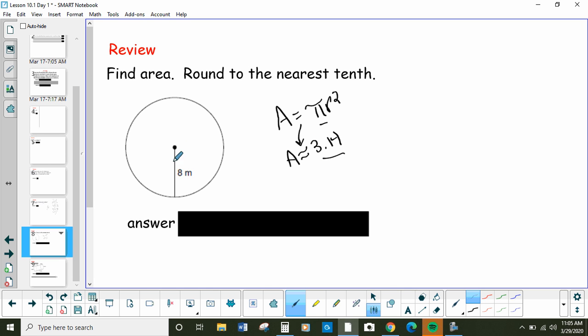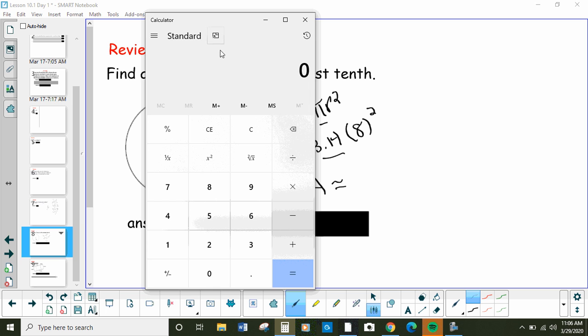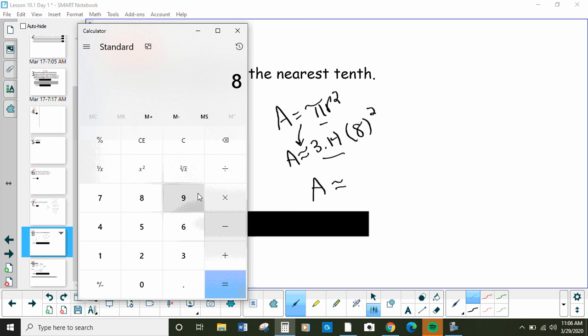So they give me the radius. Of course, radius is the distance halfway through the circle. It's not all the way through. That would be called what? That would be called diameter, wouldn't it? So I'll go over here, and I have the radius is 8, so pi r squared means pi times 8 squared. And the area will be about, we can grab our calculators now, clear out our last problem, and we go 8 squared times pi, and we get about